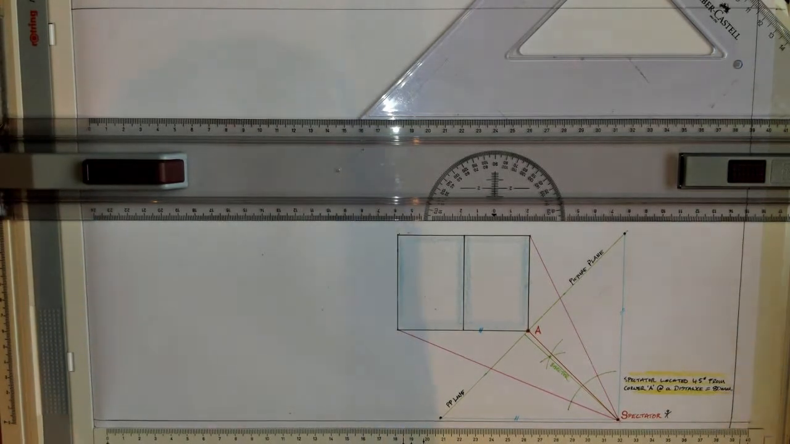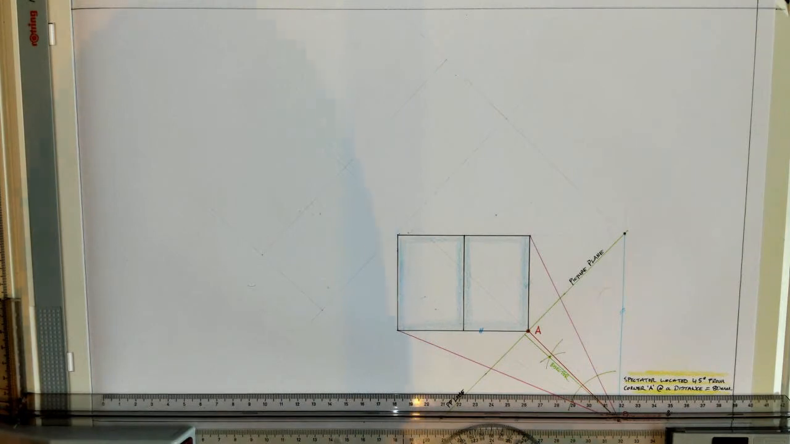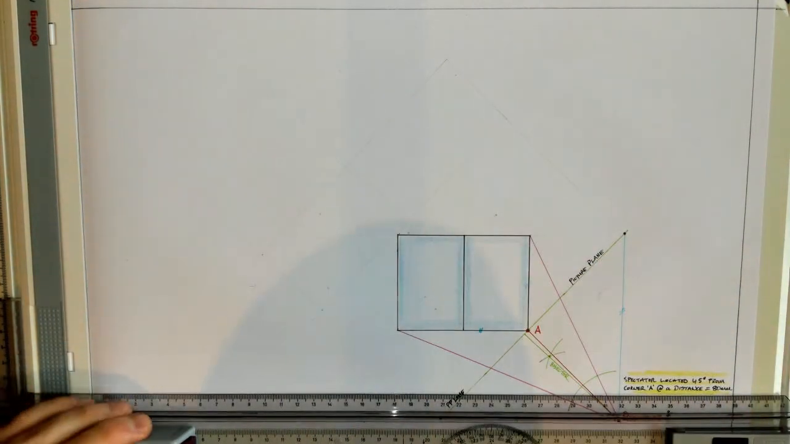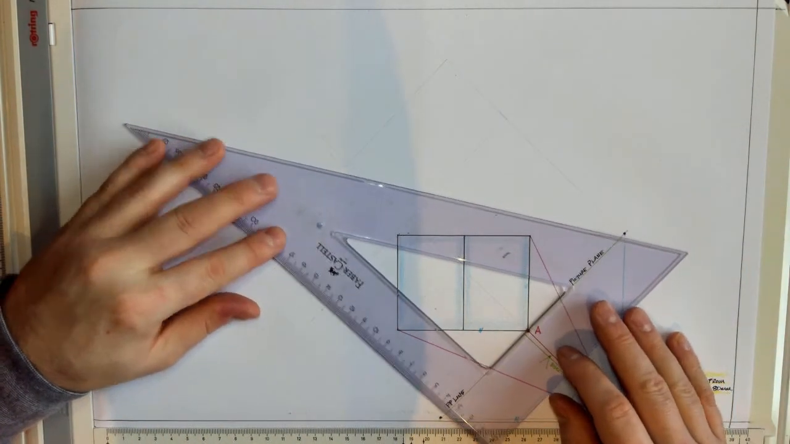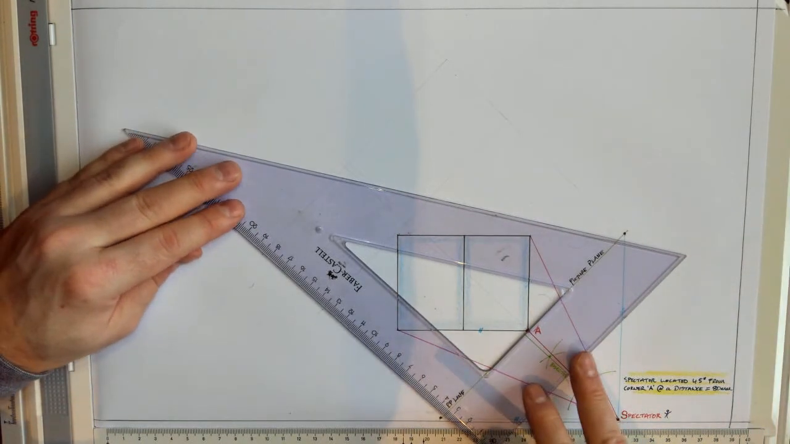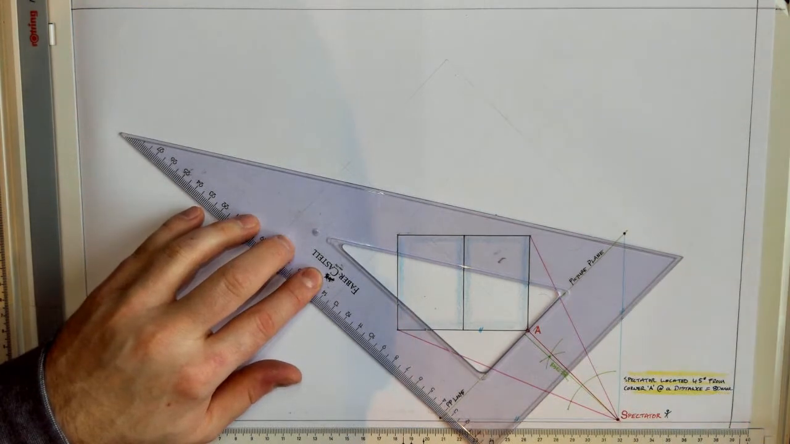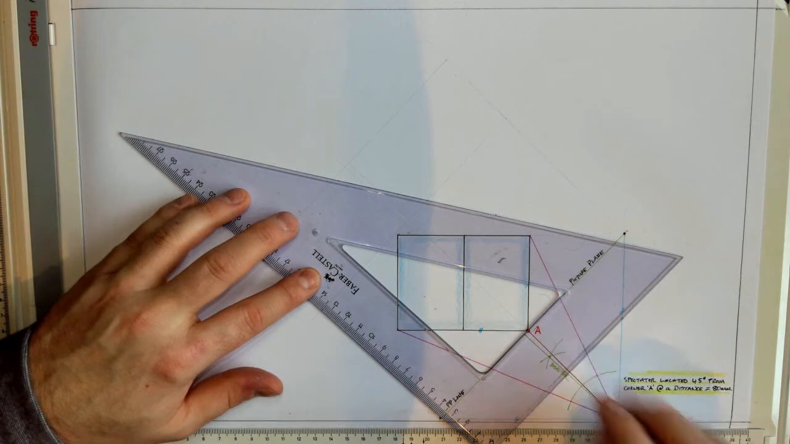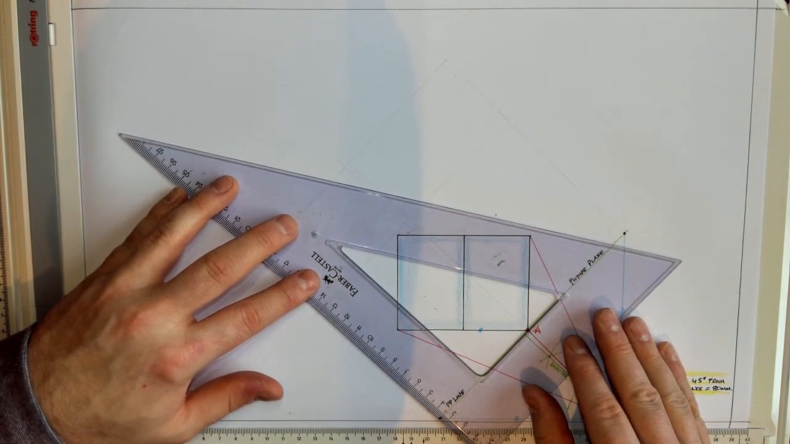Okay, so what I want to do now is project out at a right angle off the picture plane. So whatever angle this picture plane is, we're going to project out at a right angle off it. Again, you can use your set square here if you want. Just line up the inside line here with the picture plane, and line up your outside line with the point located on the picture plane from the vanishing line coming across. Okay, so I'm going to line it up there,